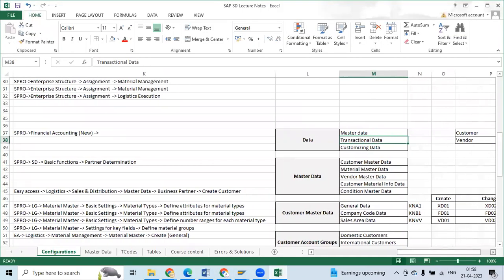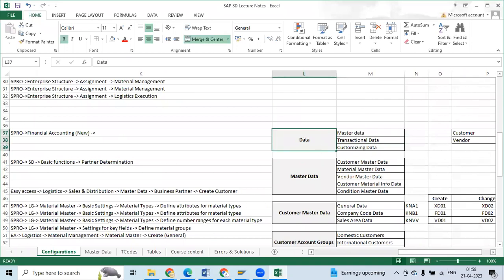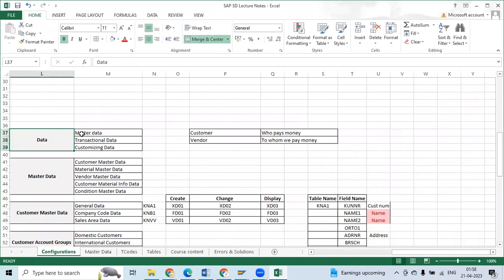So yesterday we discussed data and master data. In data, we have three types of data: master data, transactional data, and customizing data. And in master data, again, we have different types of master data. In terms of SAP SD, we have five types of master data. The first is customer master data, which is the main master data that we handle, and then material master data. We also deal with vendor master data and